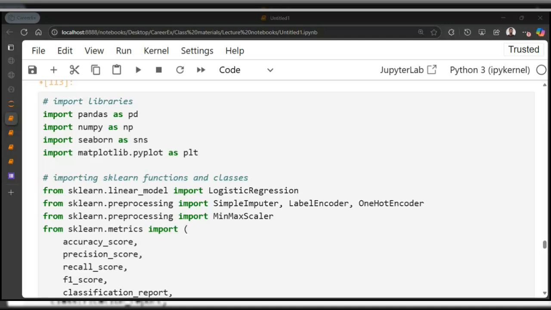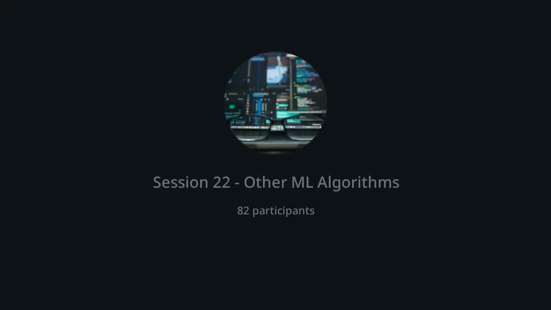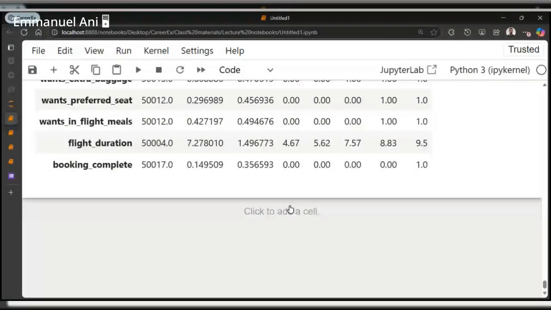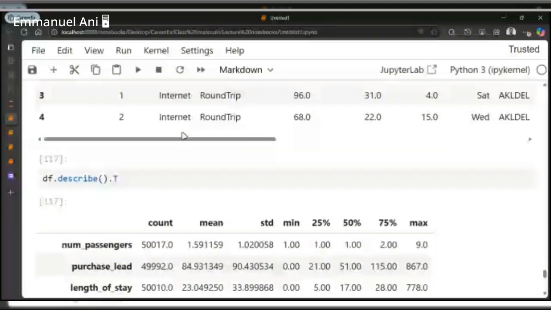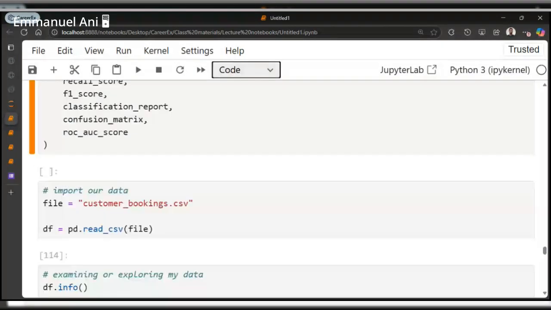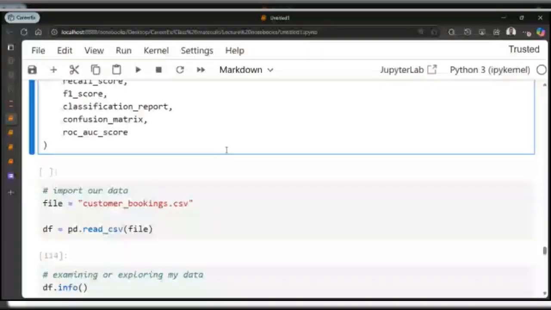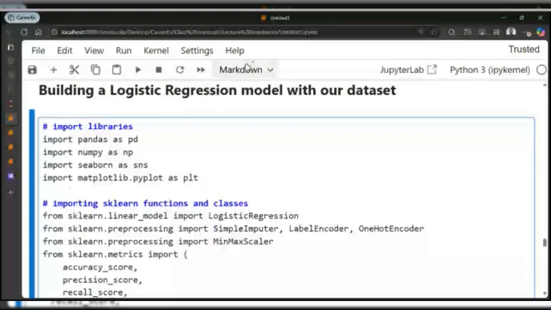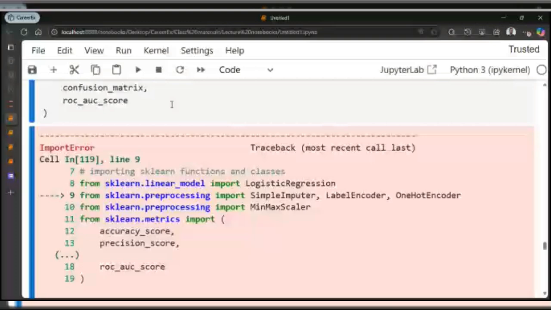So after you've explored the data, you now go ahead, and what's the next step? You are going to be taking me through this step. What's the next step after exploration? I'm going to have something like this. But let me just give you a tip. I expect you to use your markdown at every stage. So after importing libraries, I expect you to use a markdown to indicate, okay, this place I'm going to import